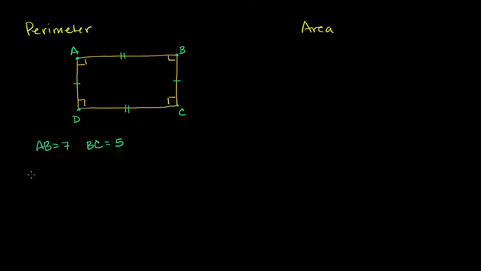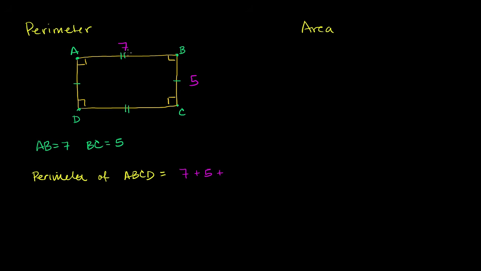So let me write down the perimeter of rectangle ABCD is just going to be equal to the sum of the lengths of the sides. If I were to build a fence, if this was like a plot of land, I would just have to measure how long is this side right over here. Well, we already know that's 7 in this color. So that side right over there is of length 7. So it'll be 7 plus this length over here, which is going to be 5. They tell us that BC is 5 plus